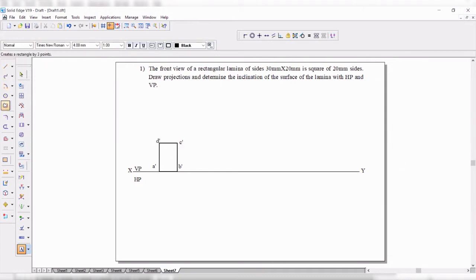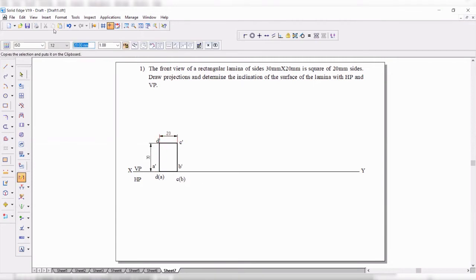After that, I should draw the side view and top view. To draw the top view, it will be there on the line itself. So from here to here, I'll get the top view. Since I'm seeing from the top, I will get D first, D of A, and this is C of B. Let me get the namings and dimensions together.